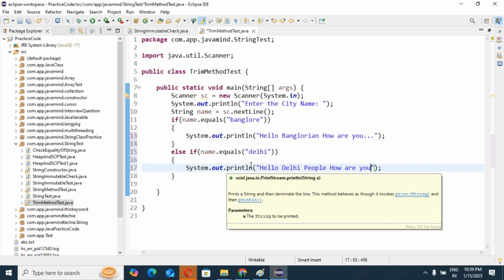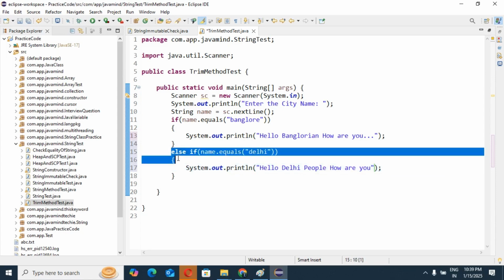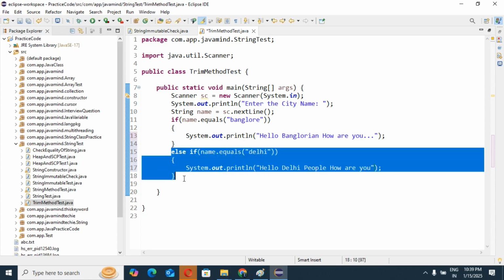Suppose you get the request as Hyderabad.